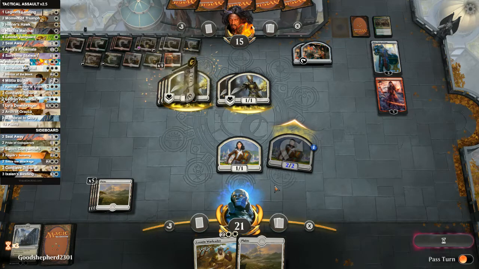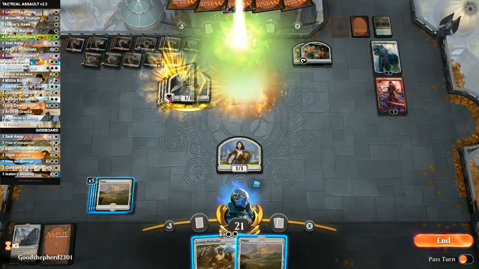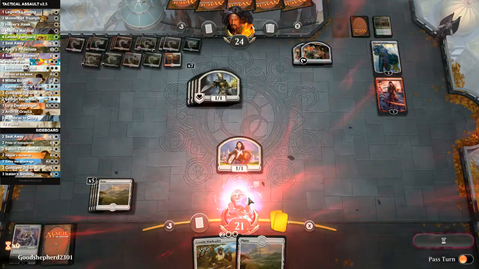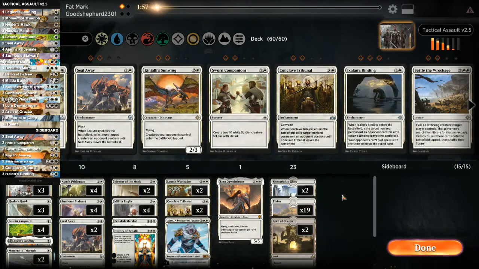Yeah, that's the win con. So he's got 7, but this is probably enough. He just needs to swing once, then burn me out. So let's go to the next game. And let's see. We have nothing, we can't do anything about his sorceries. This is mono white. So let's see if we can do something about...